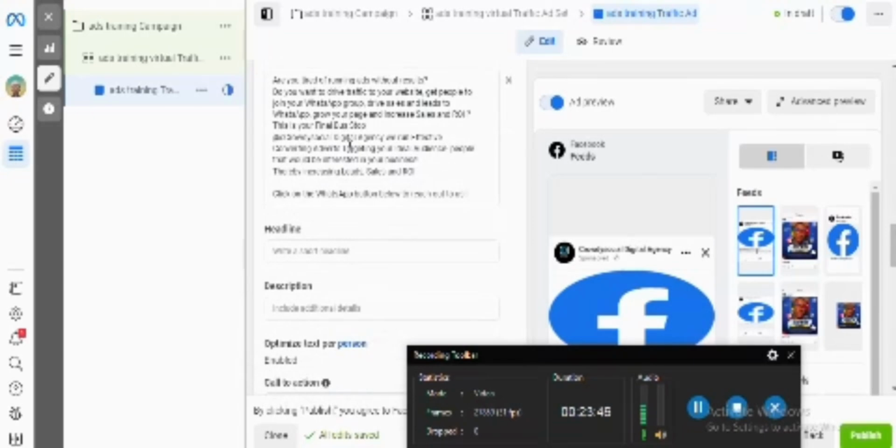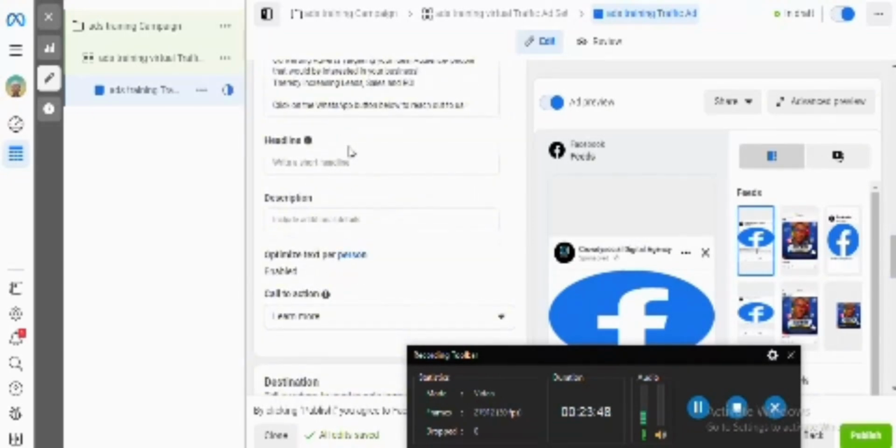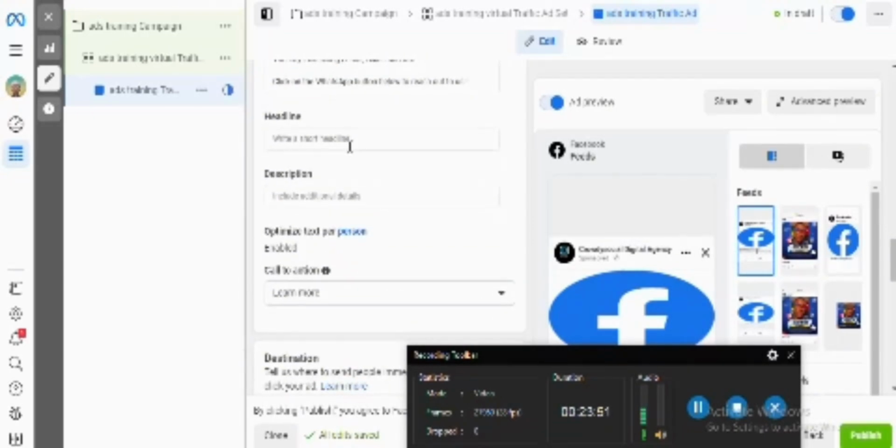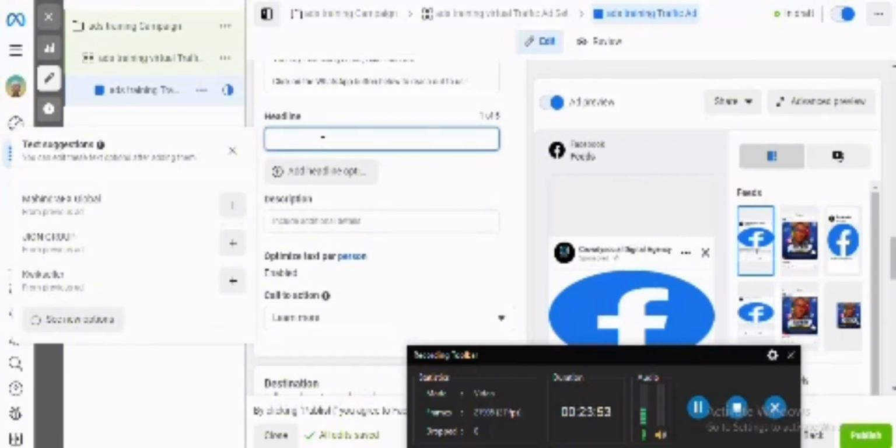So when you add your primary text, what you want to do now is add a headline. Now a headline is something to attract them. Why do you want them to click on that link? Why do you want them to visit your page? You understand? What is your headline? And this right here, I was